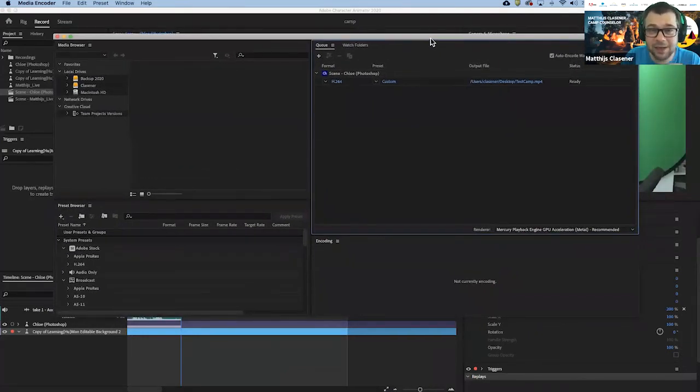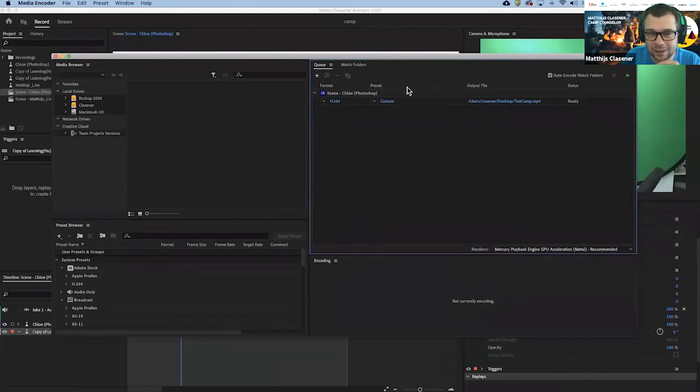This is the Media Encoder. On the right hand side, well, when there's only one item waiting, you can't call it a queue yet, but this is the queue. It will create an H.264, same settings as Character Animator, and this is the location. Still correct, desktop. So hit enter or hit the start queue button,